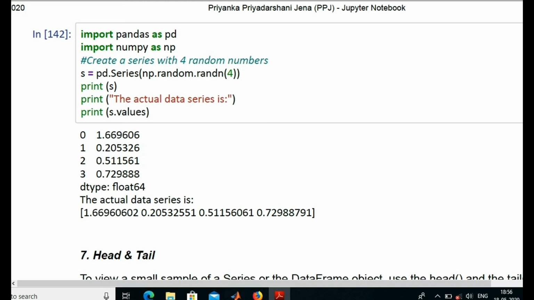Next line prints the actual data of the series. I have given a statement in a print function. Then in the next line print s.values. Okay, it returns the values in an array. What are the values? 1.66966062. We have seen there are 4 values in the data series.